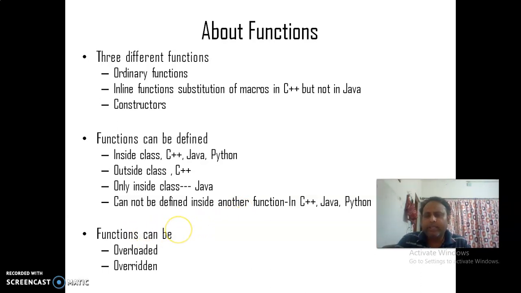Overloaded means we have multiple functions with the same name but different arguments, then they are overloaded. I will discuss these concepts in my next lectures. Overridden means that if we have the same method signature in the parent and child, with the same return type, number of arguments and function name, then they are overridden.